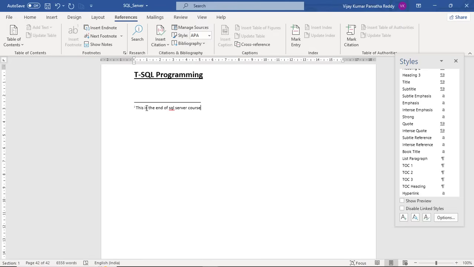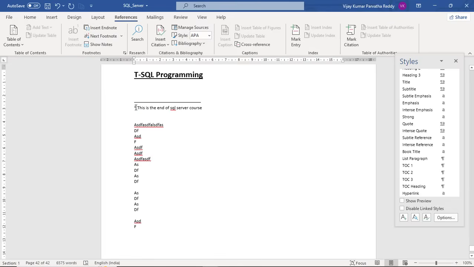So like that I can place an endnote after finishing the entire document. And after this, if you type something and want another endnote, you can also insert an endnote.